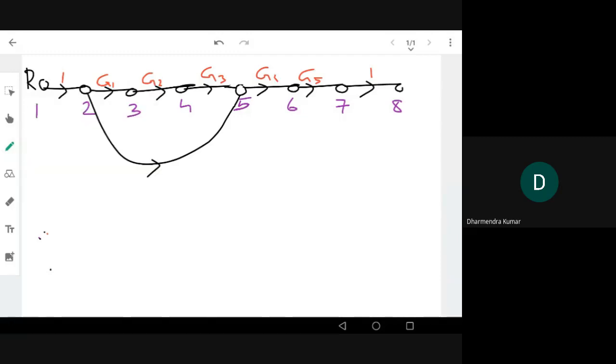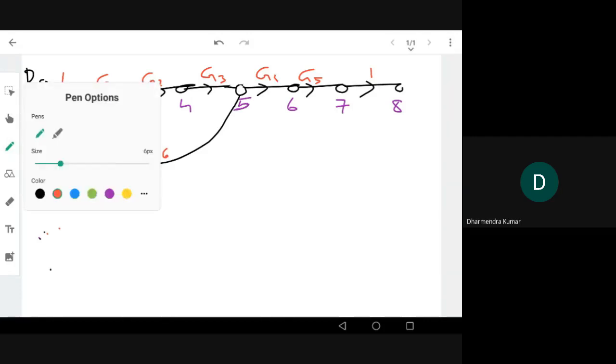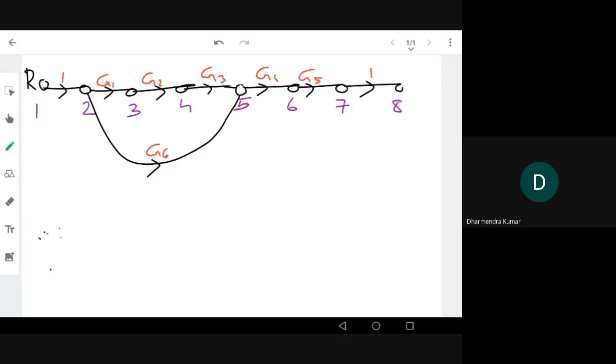Okay, so this will be gain G6. Gain G6 is here. Now I'm drawing the feedback. From 4 to 3 there is an H1, a reverse path, so it's a loop, minus H1. Okay, 4 nodes, and 5 to 3, there is another feedback path, that is minus H2, minus H2.